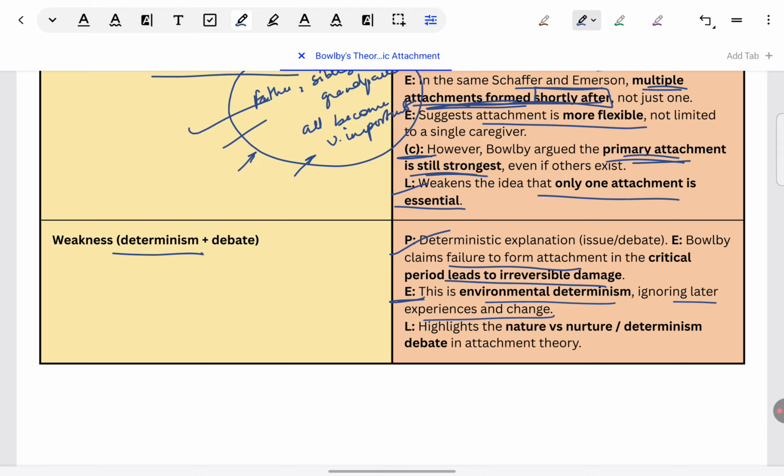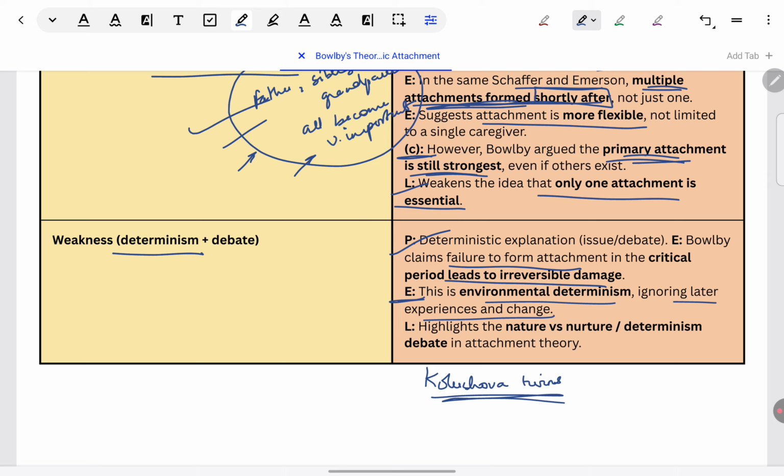Later, when we come to the topic of early to late attachments, the last topic, like I was telling you, we will see research evidence also, in which clearly they have shown that in later life, people can choose to make better relations, even if they had not had those in their early childhood. In fact, forget about later relationships. There's this famous study of the Koluchova twins. I think I came across it in Uplearn, but in many sources it is there. I'm pretty sure it is there in Professor Lawton's book. I hope I'm not wrong. Maybe in Professor Cardwell or Professor Flanagan's books also. This is quite a well-known case study.